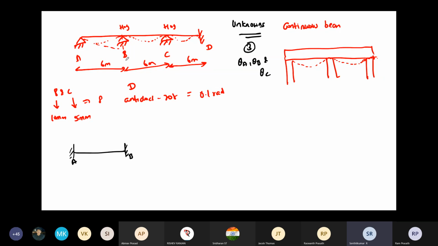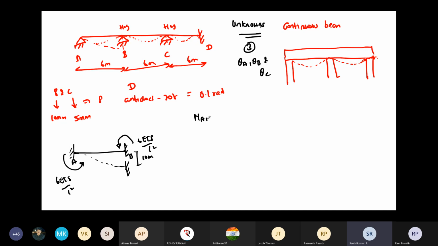So first step is here to lock B. I just lock the AB. And what is the question here? Loading in terms of sinking. B sinks by 10 mm, right? So if it sinks by 10 mm, what about your equation? This is 6EI delta by L square, right?